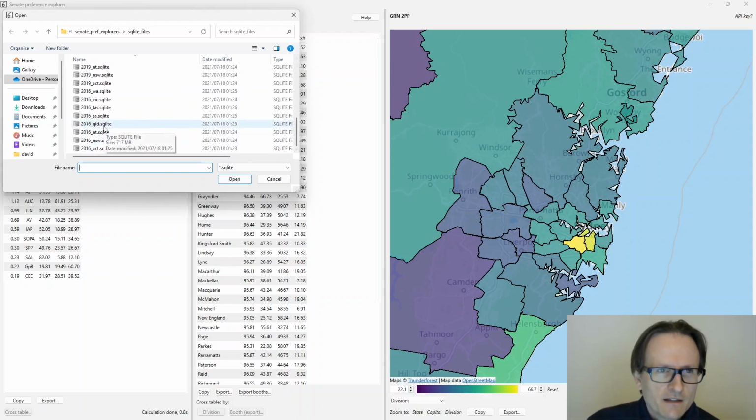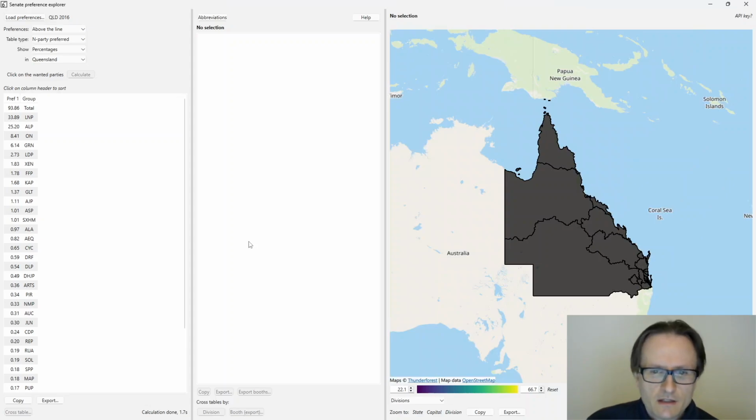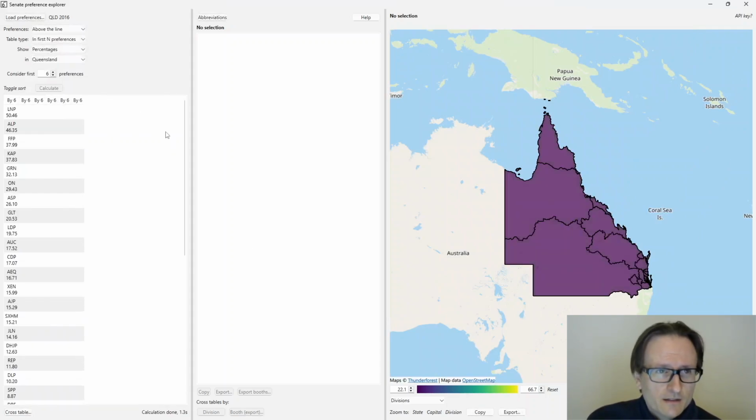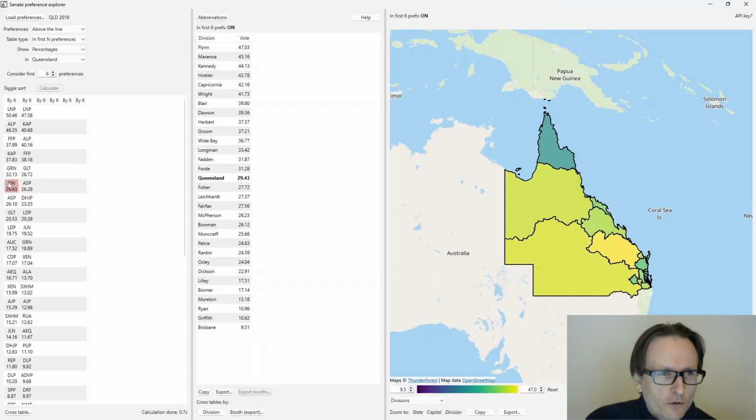I'll go to Queensland and I'll compare the One Nation preferences 2016 versus 2025. Okay, so I've loaded in first N preferences by 6, which is, I guess, the most natural thing to look at. Most voters are writing 6 preferences on the ballot paper, and if you're writing a preference for someone, that's a positive preference. Those who marked One Nation in their first 6 preferences, which in 2016 Queensland was 29.4% of above the line voters,